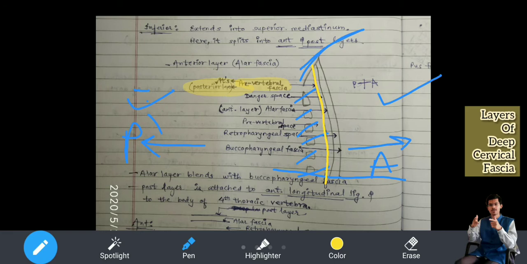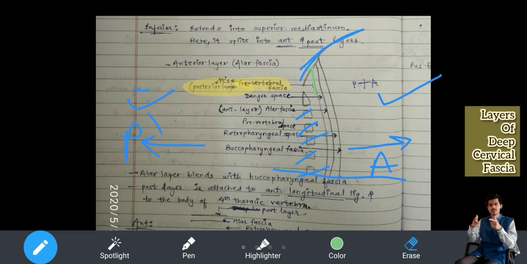Now you need to understand that the prevertebral fascia is divided into a posterior layer and an anterior layer. So there is a space. Can you see this? I will first highlight this in green. Can you see this arrow just next to the yellow line? I think the arrow is clearly visible, so I need not draw it again. Prevertebral fascia, if you see, this is the posterior most layer.